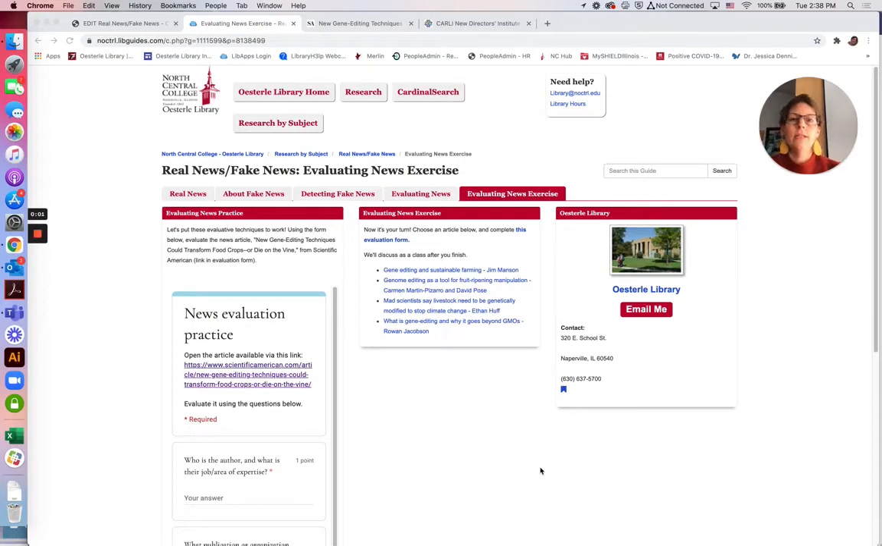Hi everybody, so let's do a quick practice run through of an evaluation of a resource. Looking at the Real News Fake News guide that we have here under the Evaluating News Exercise tab, there's a sample option over here on the left hand side that we're just going to work through and look together at and move through the steps, move through the questions,